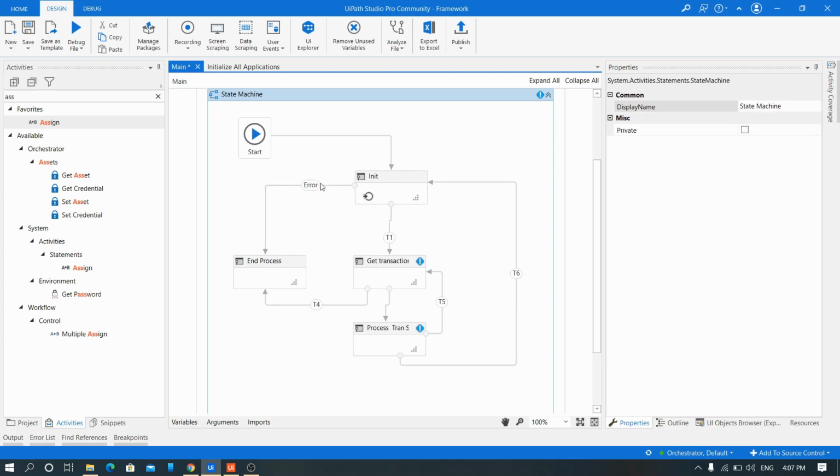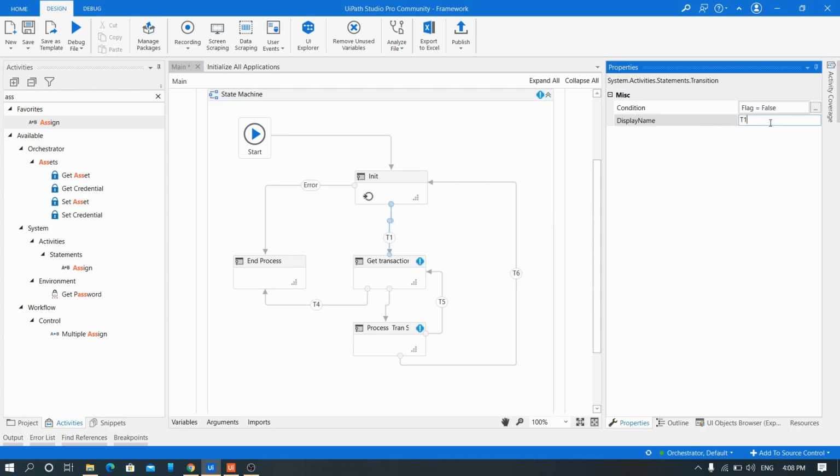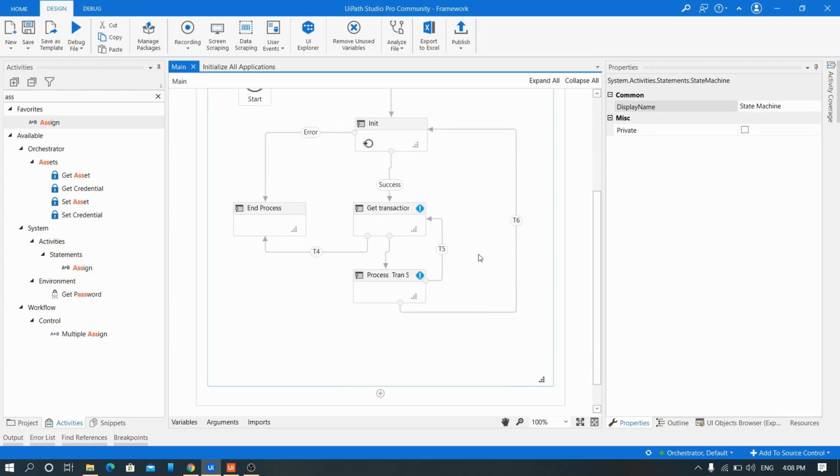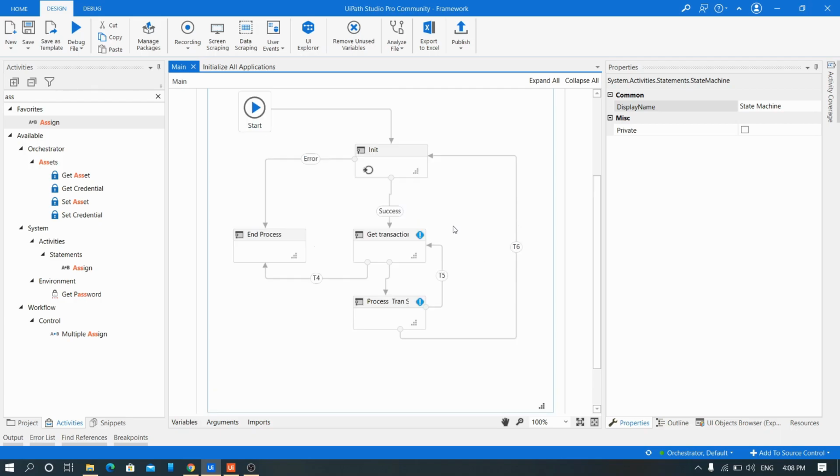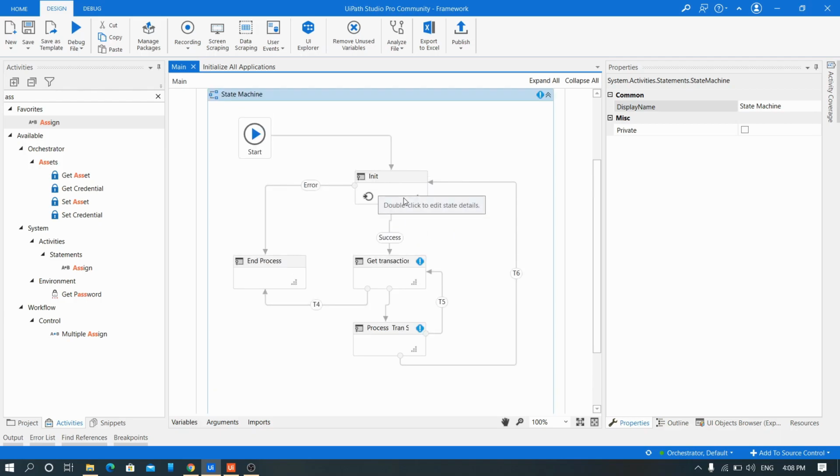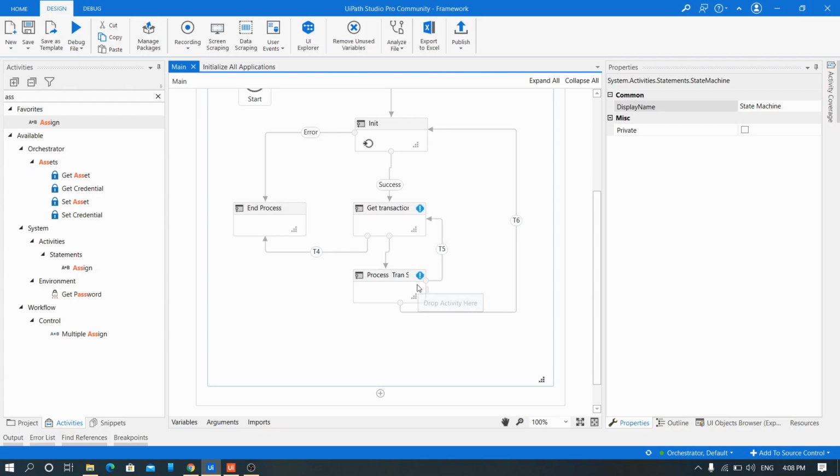Okay. You can understand in one look itself that yeah, this is error workflow, and that goes to the end of the process. This workflow, what we'll mark it as success. Okay. We had one error which is gone. Now we have to resolve for these two activities.